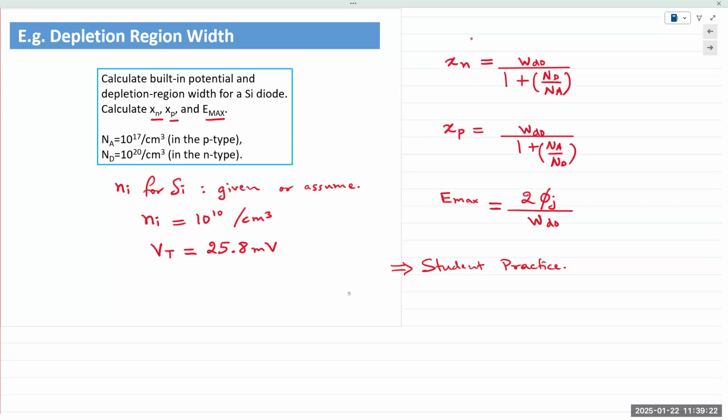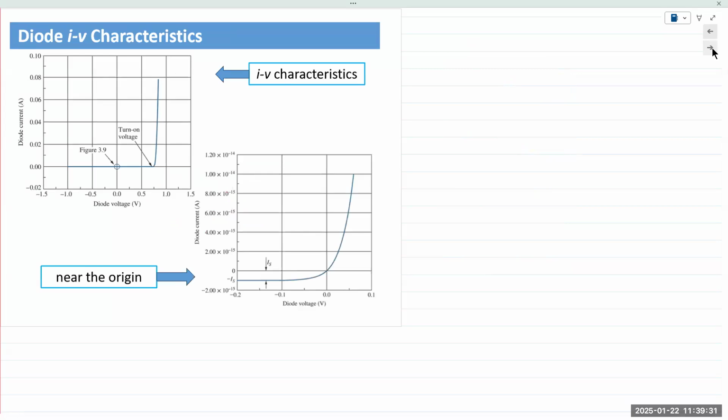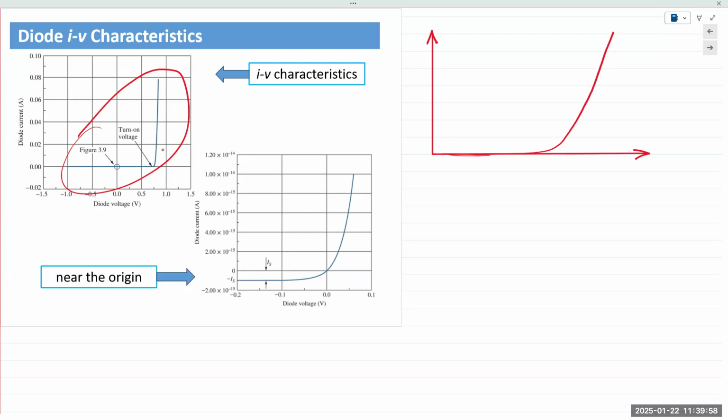All right, so what this does is it results in a very non-linear characteristic. This is where we can look at, and I'm going to exaggerate this characteristic. Because of the built-in potential, there is no current flow in the diode. And I'm exaggerating the slope, okay? I'm exaggerating the slope. And we'll again look at this at zero bias, in reverse bias, and in forward bias